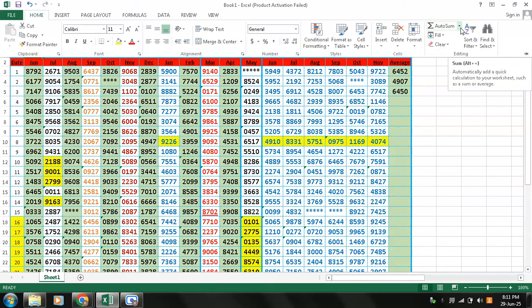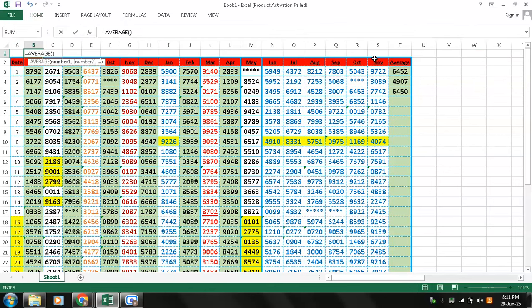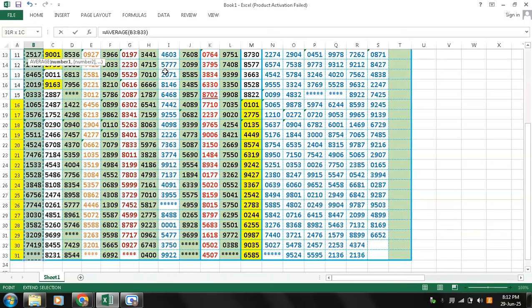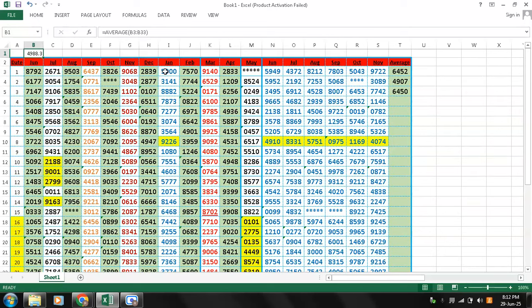We'll tap on the drop down of the auto sum, select average. Now it will ask you to select a range. So here you can use the arrow key, use the arrow key down two times. It comes to row number 3, column number B. Now you use the shift key, use the colon key, and now leave the shift key. Now use only the down arrow key, go right till the end of the sheet. You can see I'll select the data up to the 31st. Now here I press enter, so now it tells me that the average is